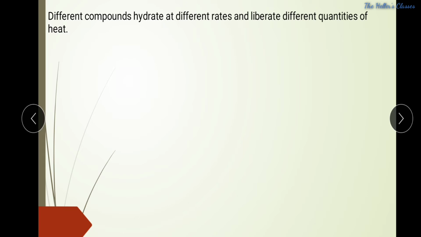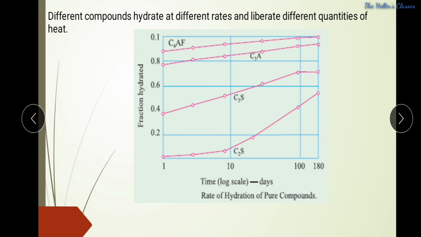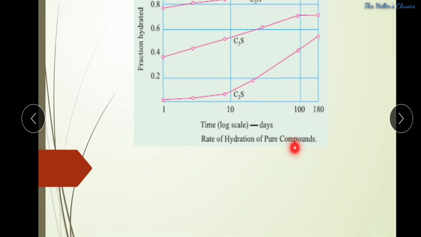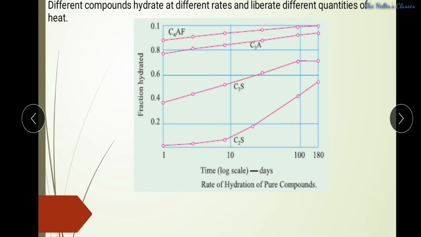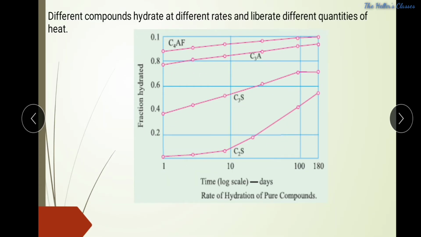So in our Bogue compounds, basically we have four things that we can observe: C2S, C3S, C3A, and C4AF. Each and every compound has certain limits of heat that will be released. So if we observe this graph, fraction hydrated with respect to time on a log scale in days,